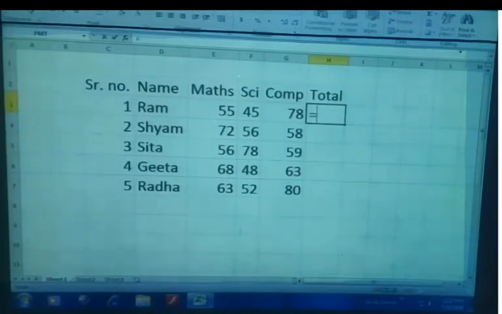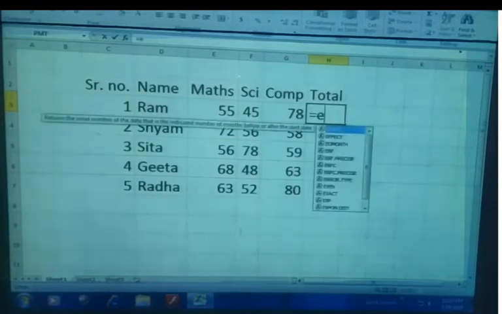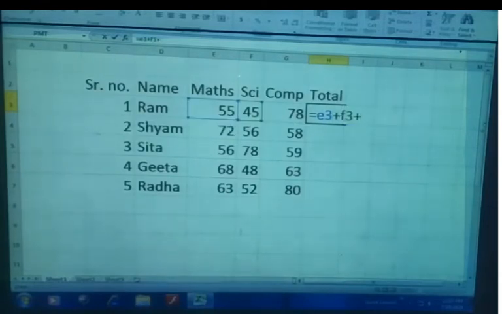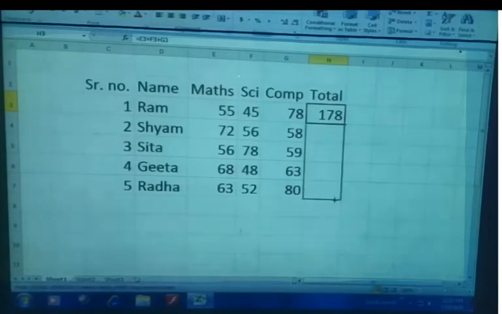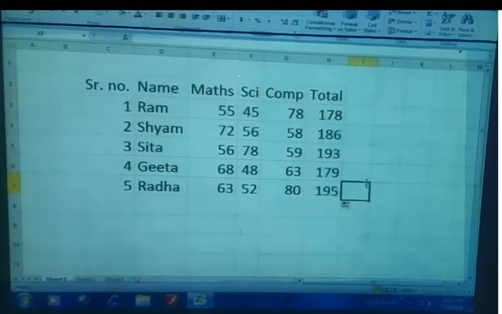First, let's type the formula for the cell E3 plus F3 plus G3 and enter. Here we got our result. Now let's use drag and drop method to copy the formula. See child, when you copy the formula, then we are able to receive a copy formula for the rest of the cells and the desired output according to its corresponding values.